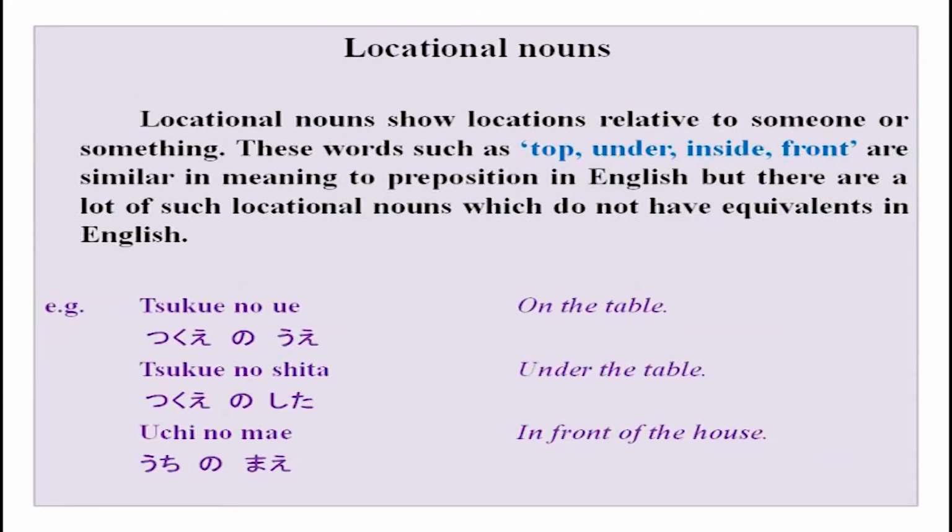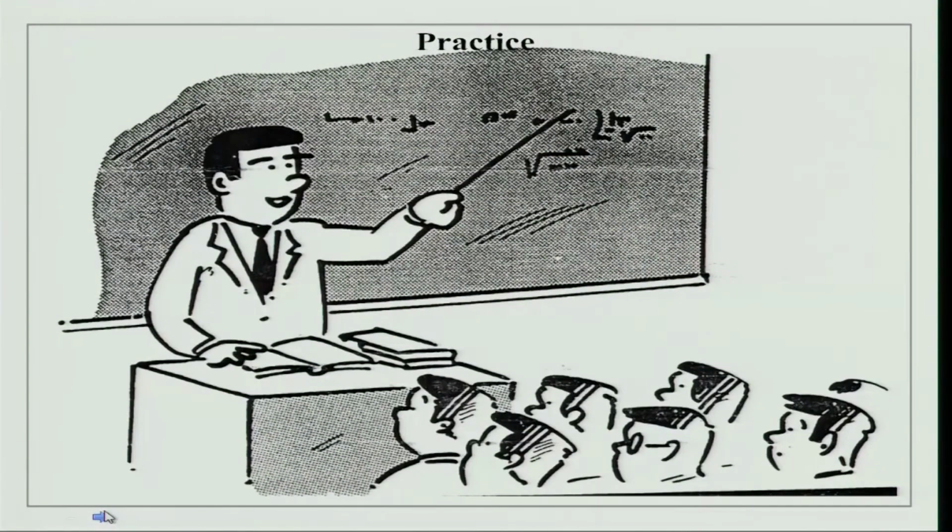Also, we have done locational nouns in our previous chapter. Here also we will cover a few more locational nouns for you. Now, you have this picture here where you can see a teacher, a blackboard and some students sitting in the classroom. So, what are they going to do? How do we tell they are there in the classroom and how many people are there? So, well,